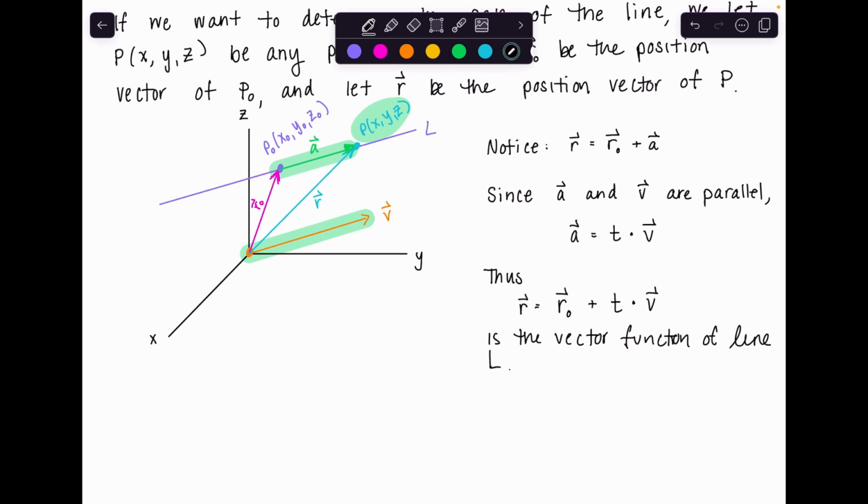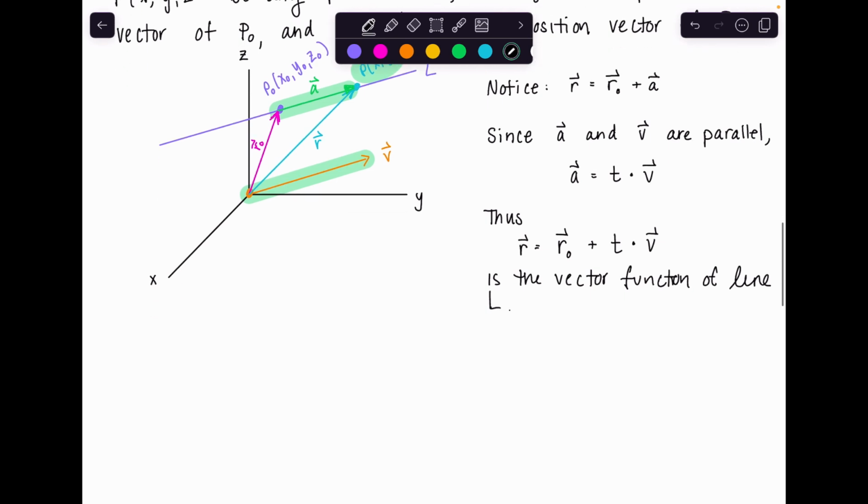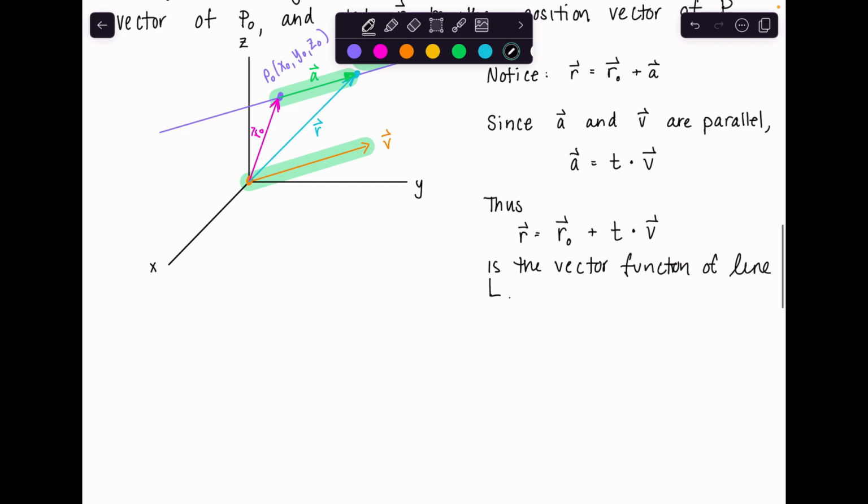So you're probably still asking, okay, well, what then does the actual equation look like? So let's get into the formal definition of it. And hopefully you'll see that it is, again, a really natural extension to our normal equation of a line. So if we know the direction vector v has the components a, b, c,